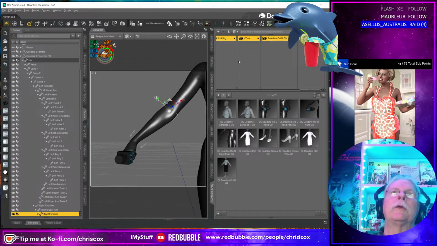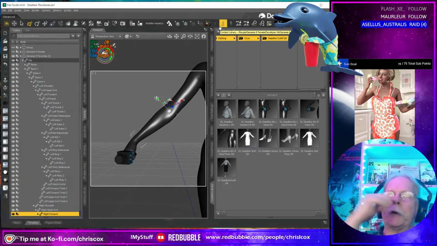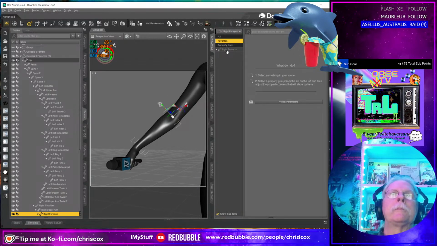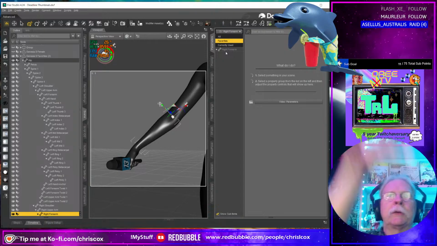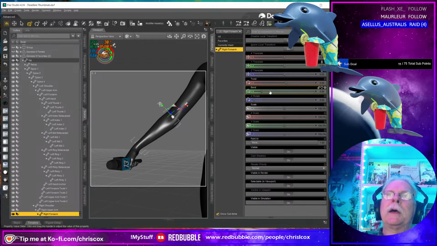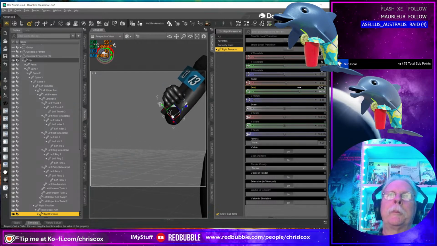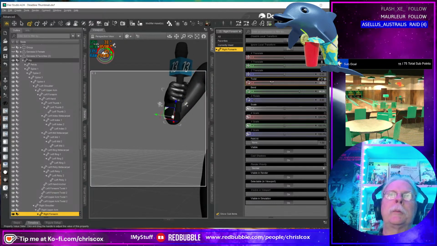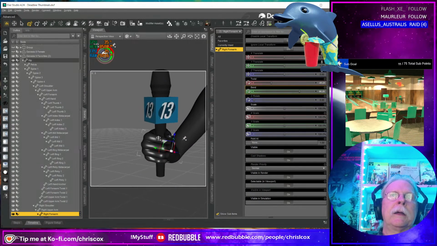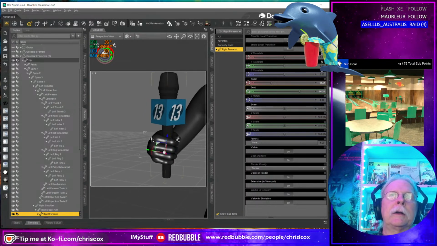We'll render a few thumbnails for this, and I'm going to move on to an Asian dress that I started working on. I actually started at about the same time I started this outfit, but I just haven't made any more progress on it. Oh, where are we? We're going to bend that arm. You're going to twist that arm. You're going to come in here and render that.